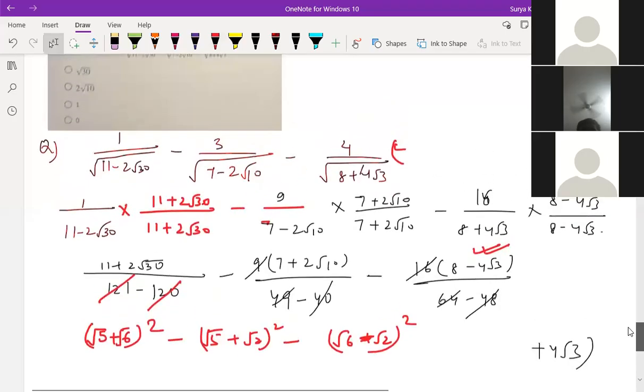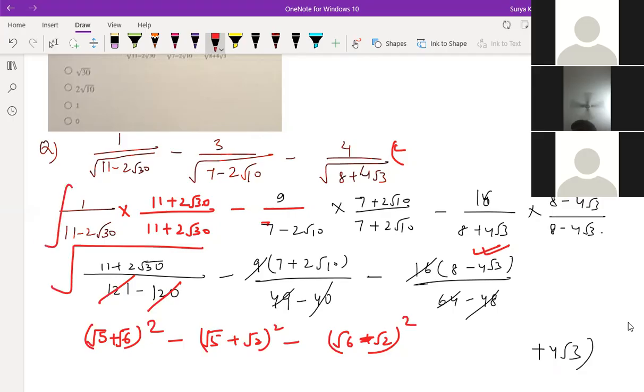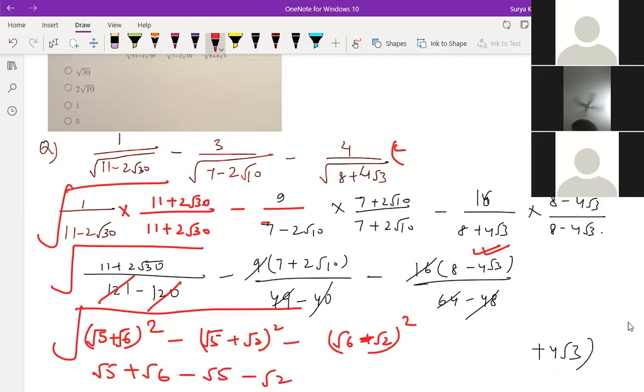Now after this, what we can do? Squaring value will get changed on squaring, so you should take root also, right? See, we have taken root here, squaring we have done. So take complete root. If you're taking a squaring, you should take complete root, right? Yes, sir. So this becomes root 5 plus root 6. This becomes root 5 minus root 2. This becomes minus root 6 plus root 2, correct? Yes, sir. That's how I was saying. So this will get cancelled, this will get cancelled, this will get cancelled. Answer is 0.